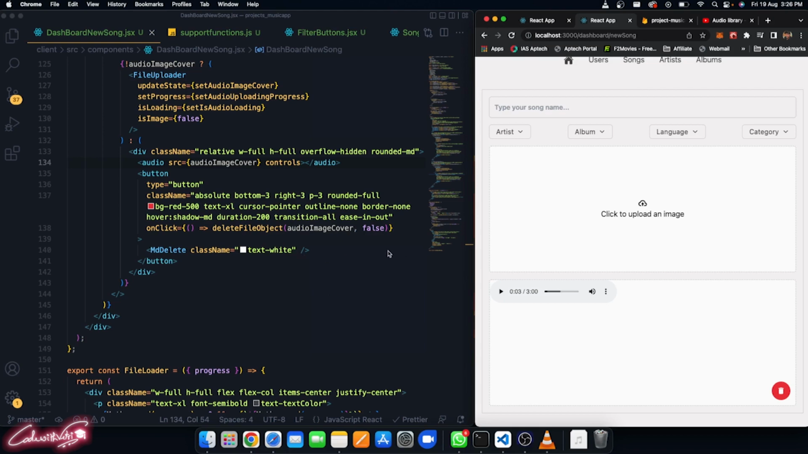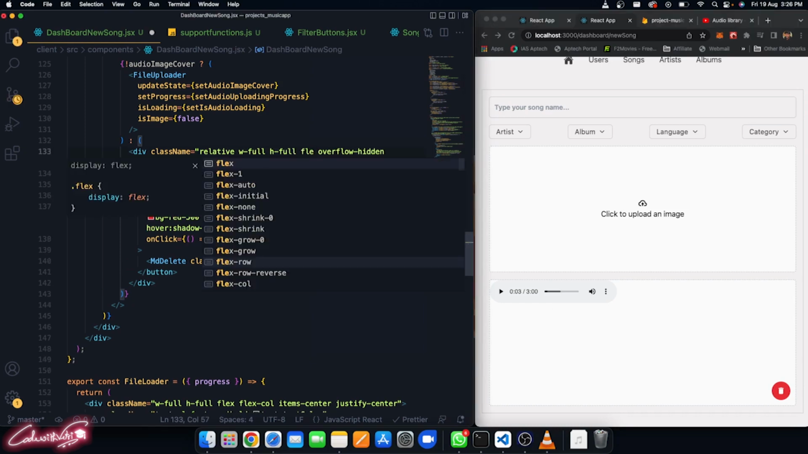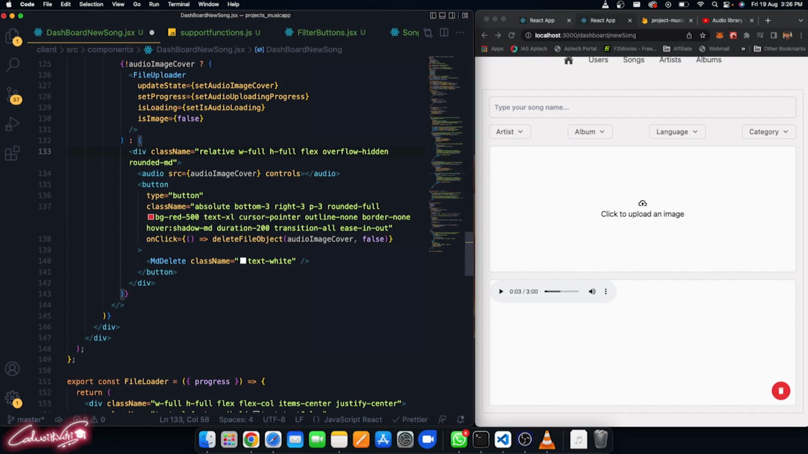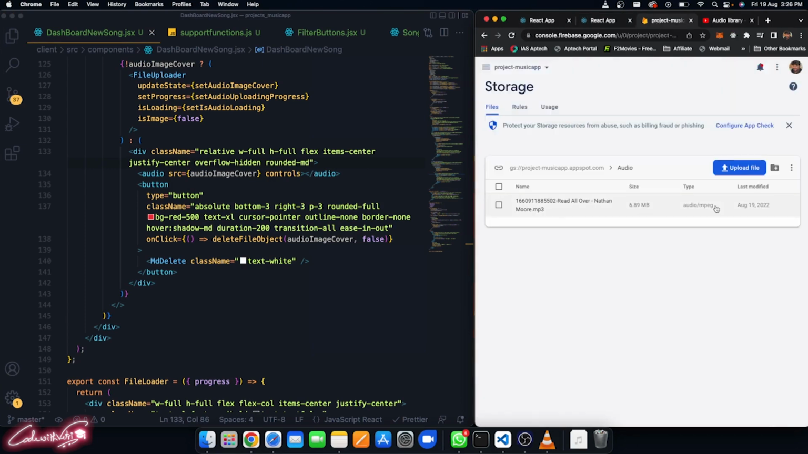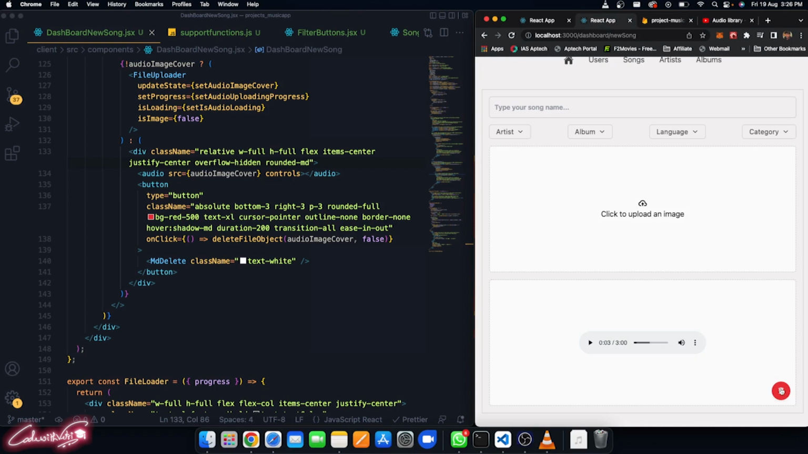I think so. But what we need to do is we need to keep this thing in a center location. So what I can do is I can make this right after here, make a flex, item center, justify the center. Now that will be in the center location like this. Okay, so now the file is there, we see the file, and if you want to delete this file, of course click delete,